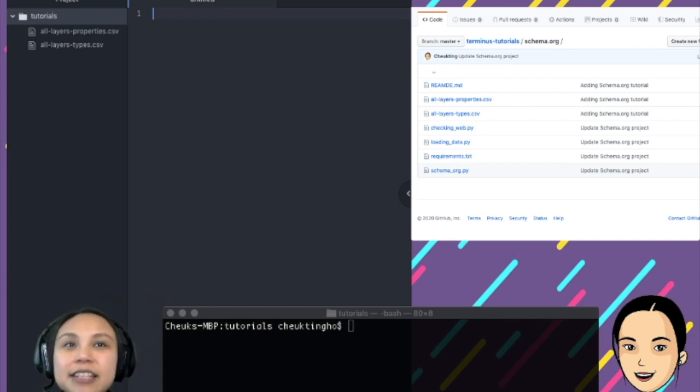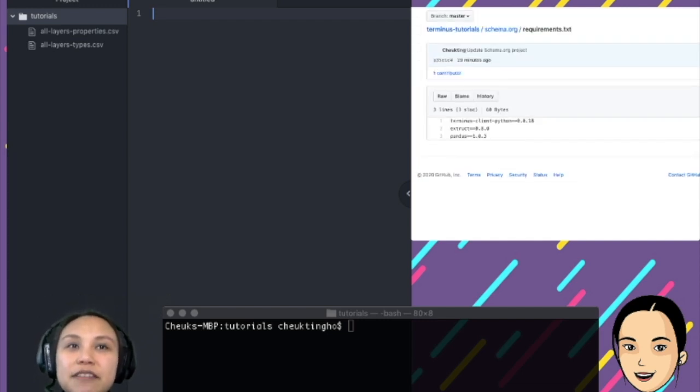So requirements.txt lets you install, using Python, all the libraries that you need. So you can see you have terminus-client-python. We're using 0.0.18 today. If you're watching this in the future, we may already have moved forward because we'll have a big change when we have help. So it's a good change. But if you're watching this in the future, you may want to make sure that you got the right version. Also for the container, I think I'm using 0.0.17 if I remember correctly. But I think maybe I would type it in the description to make sure that you're using the right version.